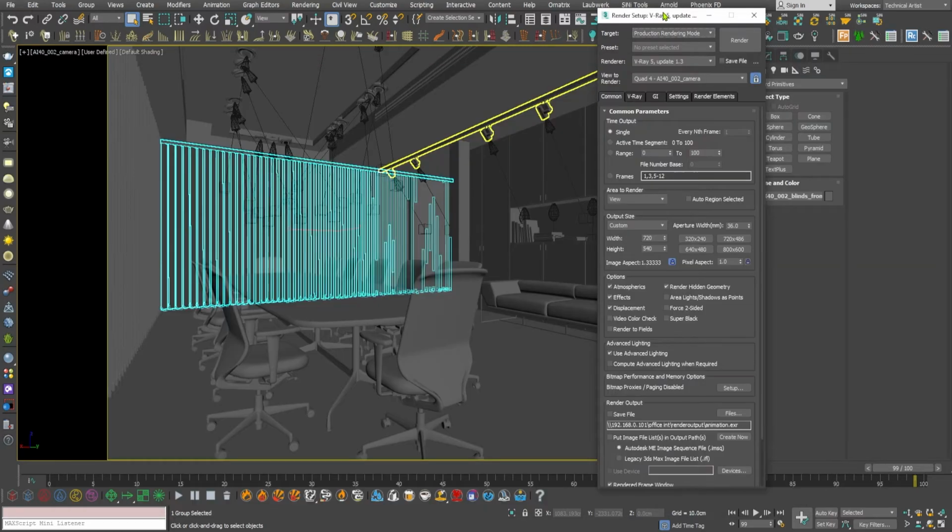And remember, this is the animation, and we forgot to turn on the active time segment, like what frames to render.